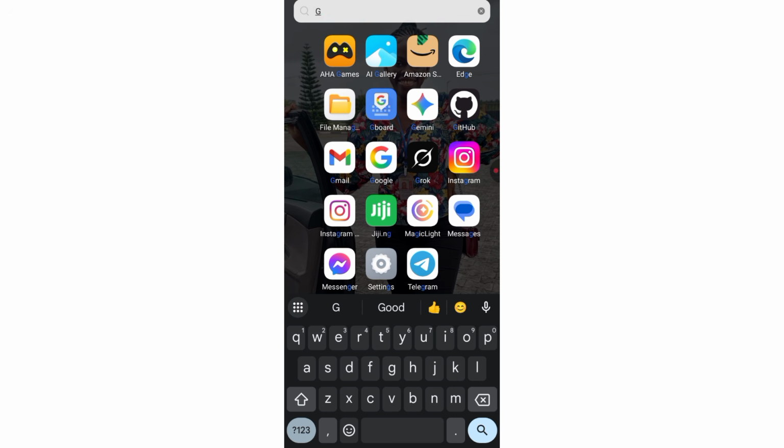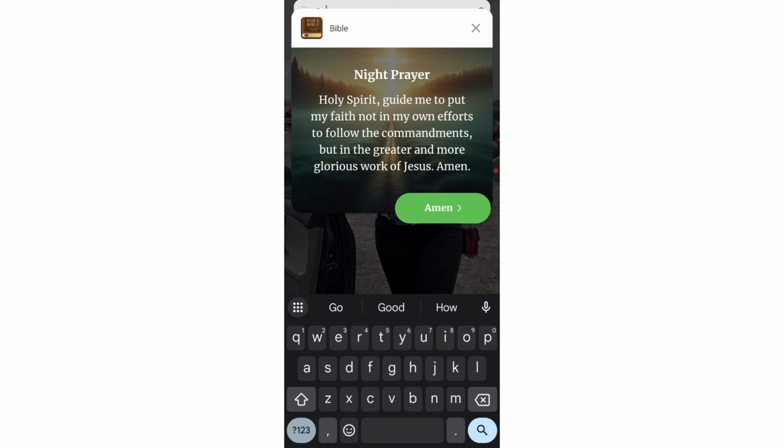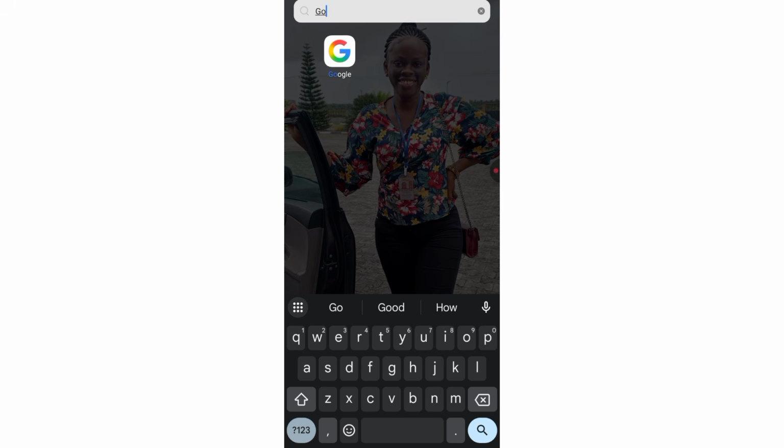Now, before we begin, there is really no point downloading these tools, because I'll be giving you 10 of them in this particular video. If you download 10 different AI tools, you may not have space in your phone again. So we are going to use them directly from their website. I think it is better this way, right?